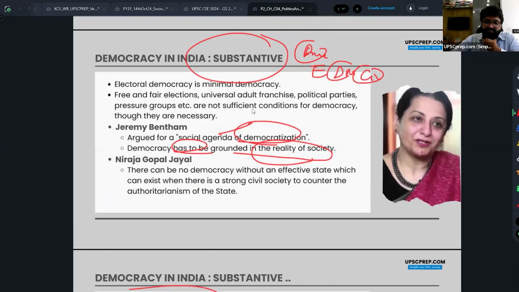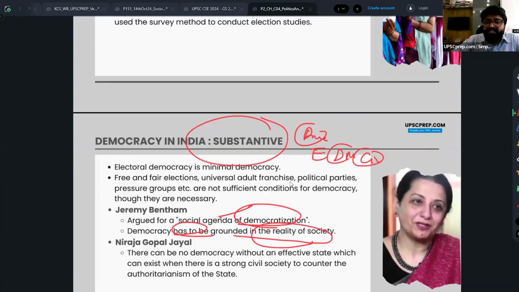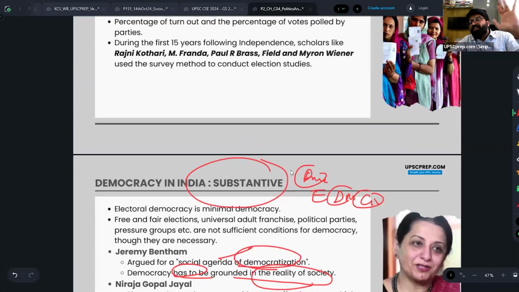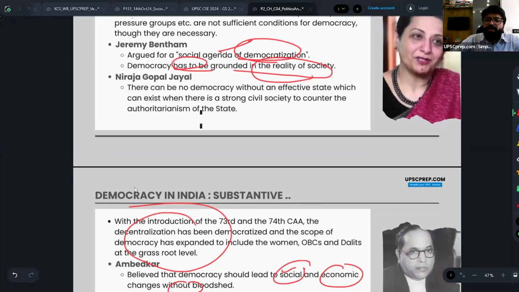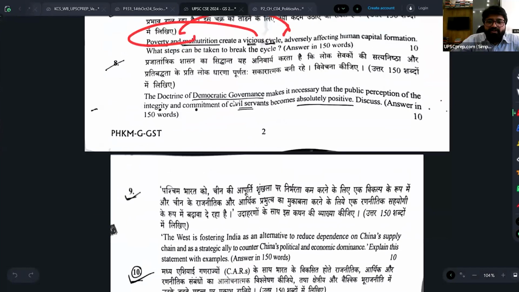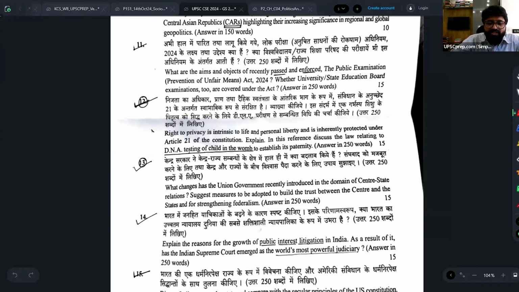Your understanding of democracy is also widened by what you study beyond polity, so your broader understanding develops, and your answer is going to stand out here also. When I'm talking about governance, fine. Then the other questions, if you look at